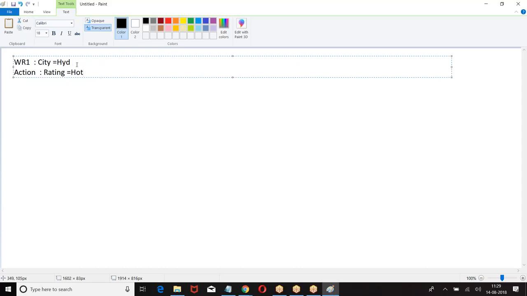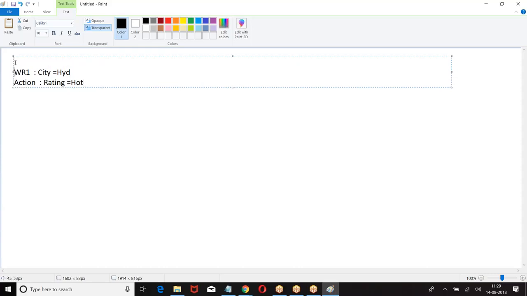I have workflow rule number 1. City equal to Hyderabad. Action. Rule created August 10th.